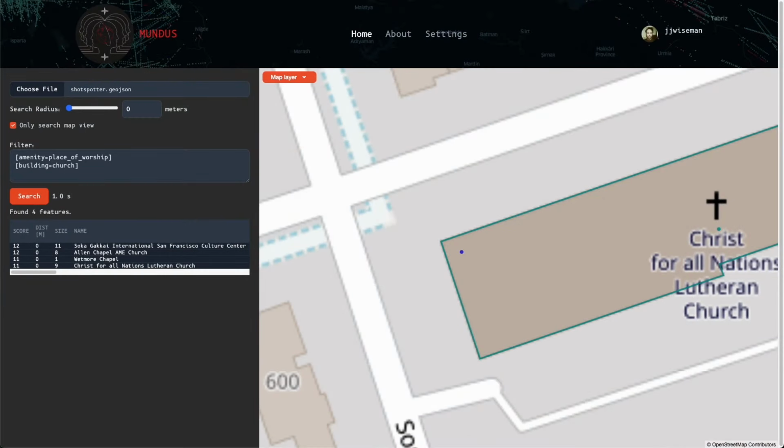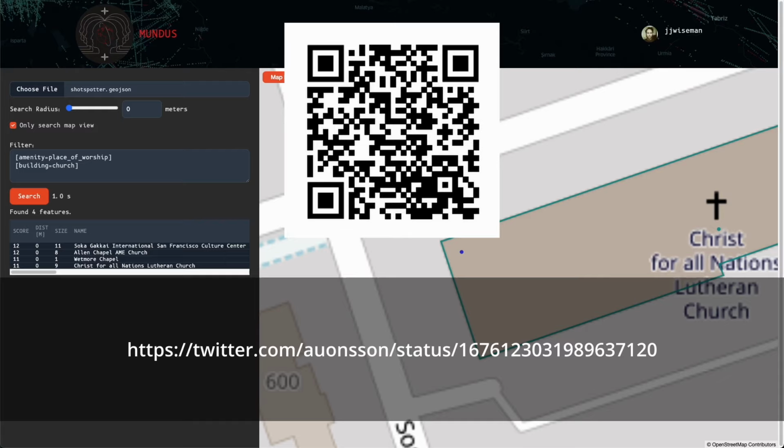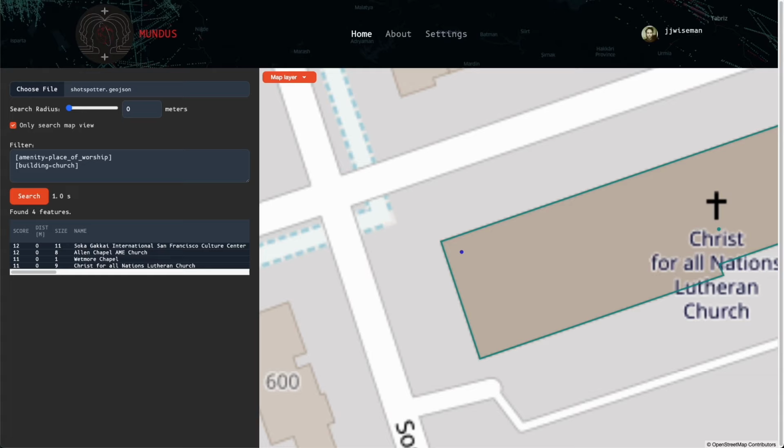So that's the current state of the MUNDUS tool. It started as an experiment after a couple of people on Twitter talked about the idea of being able to query OpenStreetMap data along a path, and I just couldn't stop thinking about it. So I made this prototype mostly as an attempt to exercise the idea from my brain. I think it's probably useful, but